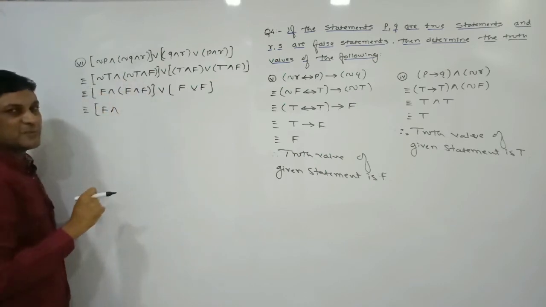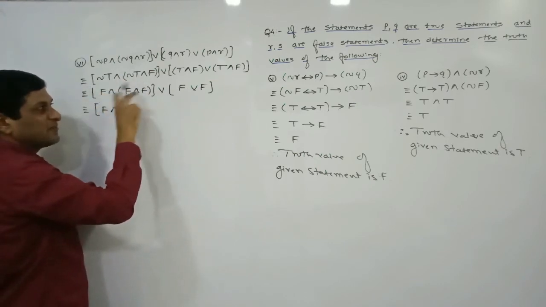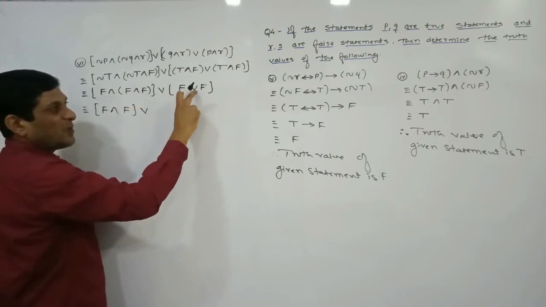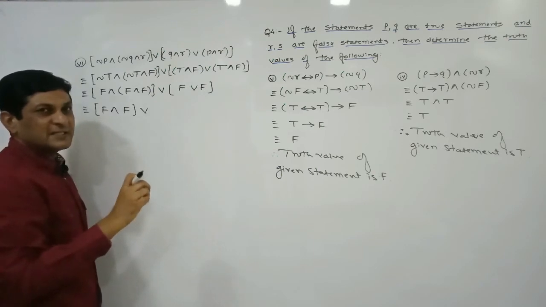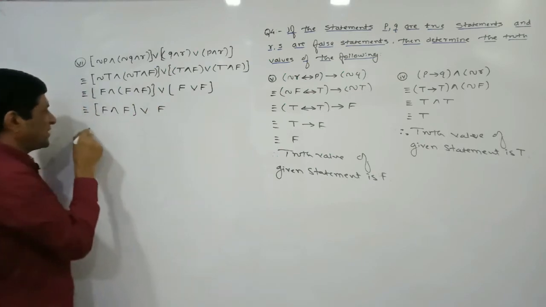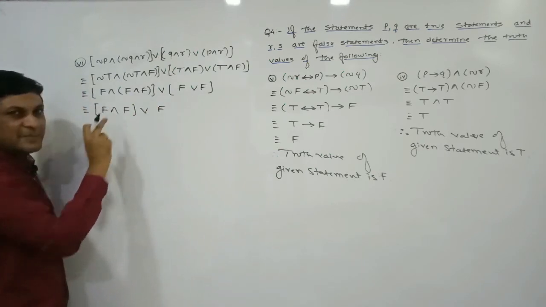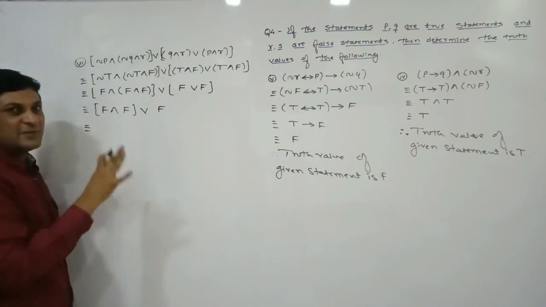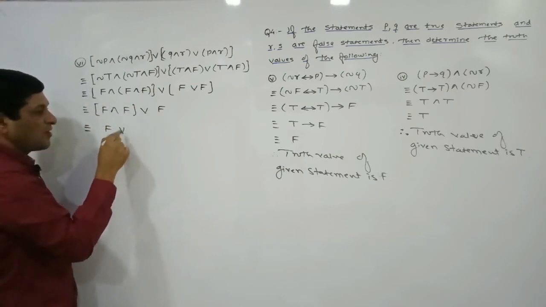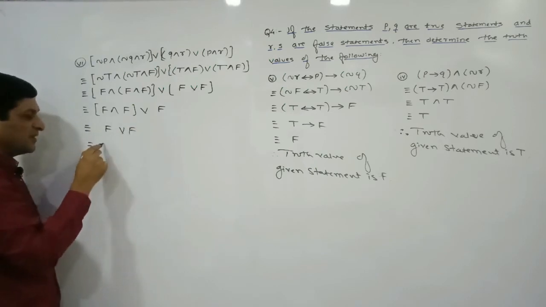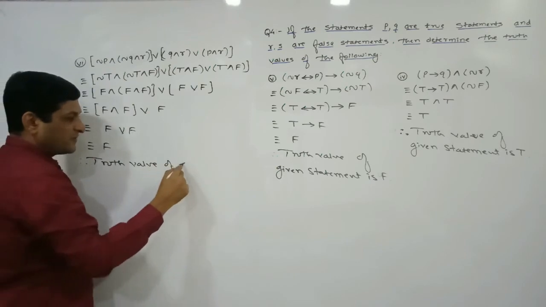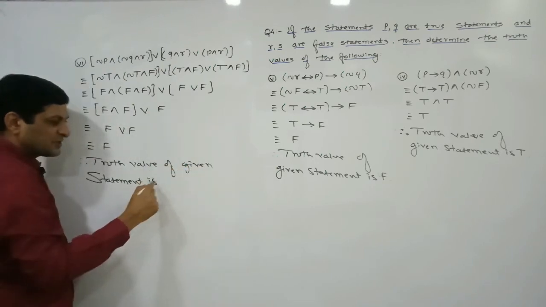Let us simplify this bracket. So here both the statements are false, so we can say that AND will be false. Or here in case of OR, if at least one statement is true, we can say that truth value will be T. But here both are false, so that's why result will be false. Here also in case of AND, if at least one statement is false, AND will be false, but both are false, so that's why here also we'll get false or false, and false or false will be equal to false. So therefore truth value of given statement is F.